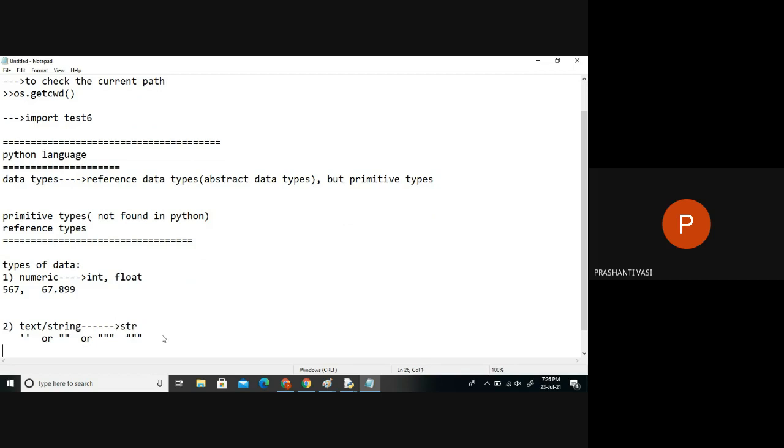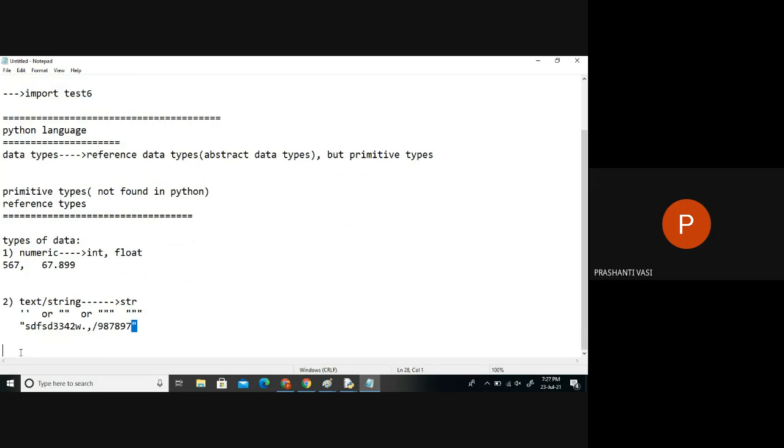Inside this we can write almost anything: alphabets, numbers, dots, commas, whatever you want, and close it with double quotations. If you are using double quotations, just open and close, and whatever you write becomes string data. String means text, and text means a collection of characters.